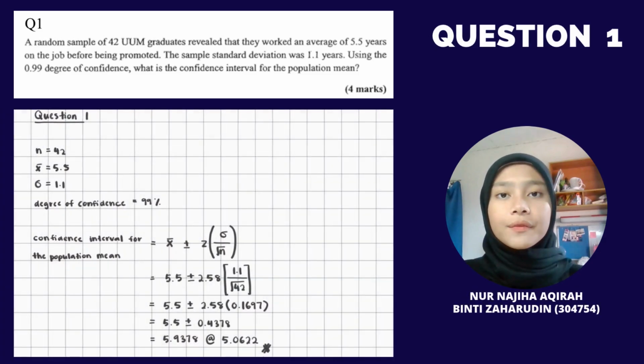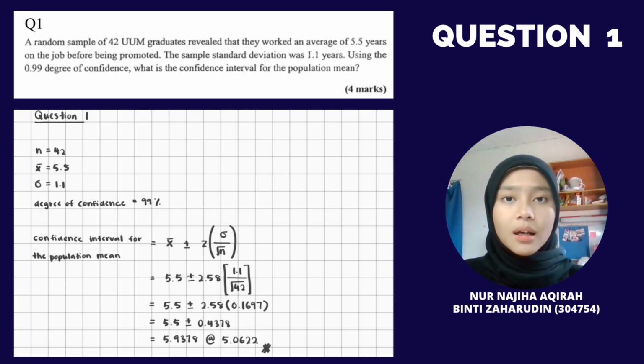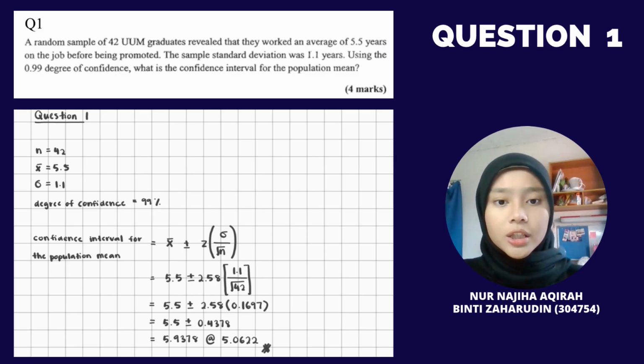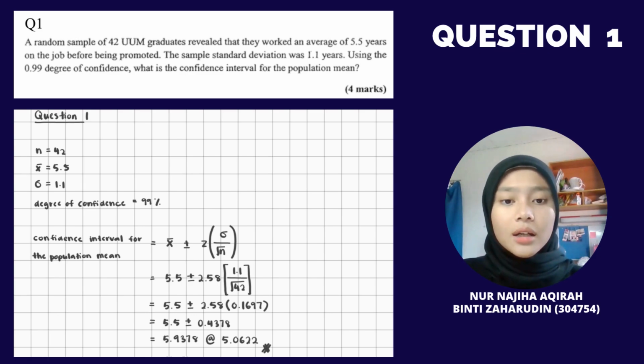Okay, so the first question is to find the confidence interval for the population mean. First things first, we need to find the values for sample size, sample mean x bar, standard deviation, and degree of confidence. After verifying, we got n equal to 42, x bar equal to 5.5, standard deviation equal to 1.1, and degree of confidence